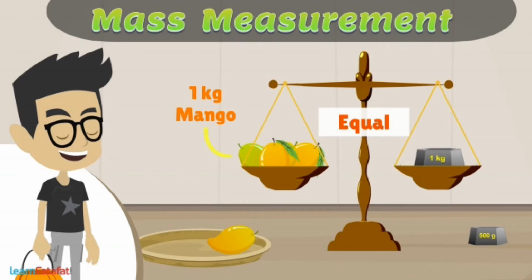First of all, the standard weight should be placed in the left pan. He has placed the standard weight in the left pan and the mangoes on the other pan, that is the right pan. See, now the two pans are equal. The beam is horizontal and the two pans are equal. So he got 1 kg of mangoes. Have you all seen this?